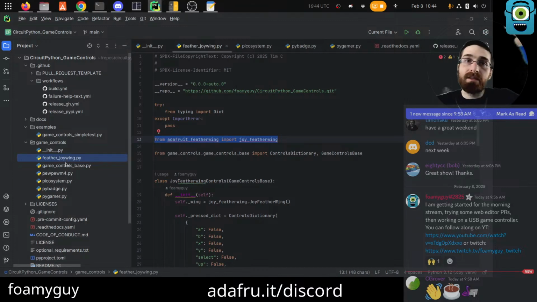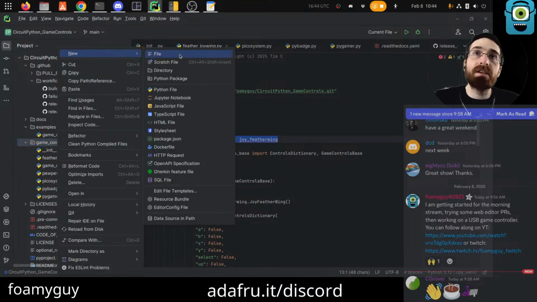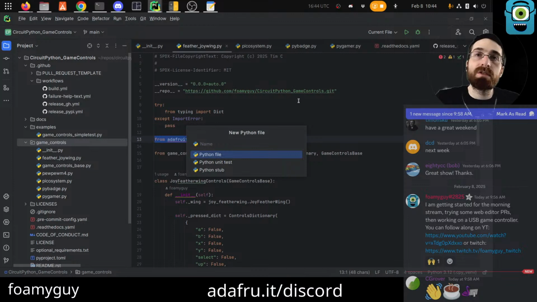And I would like this to be the same, because I don't know if USB core is on anything besides the RP2040. Even if it is, I don't know if it works, and even if it does, I'm not going to test it right now. So for now, I would like it to only try to import USB core stuff if you actually are trying to use this. So I'm going to call this, I think, now,